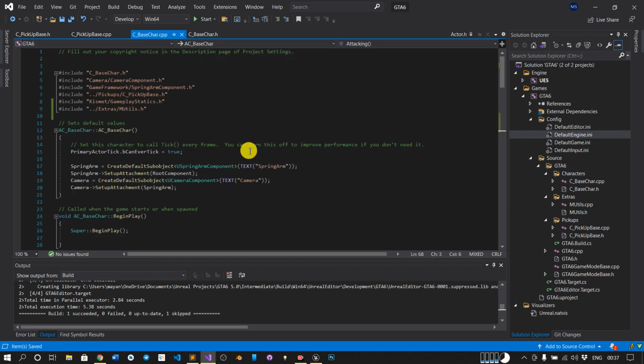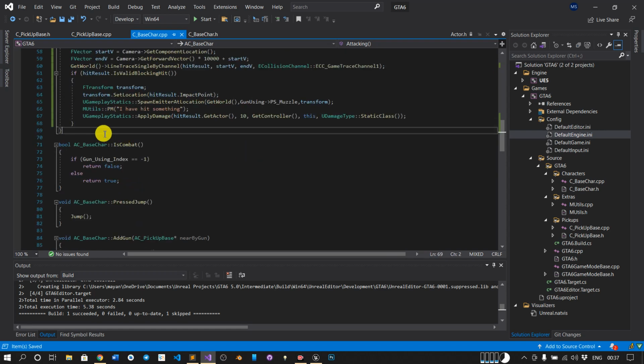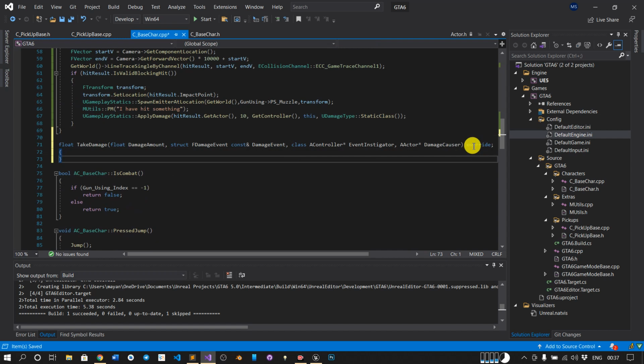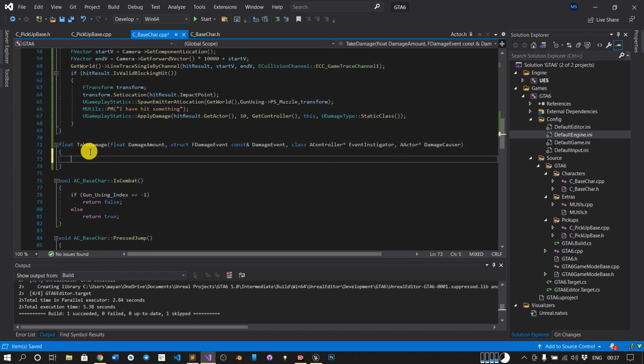So just go back to the CPP and we will write this function here, TakeDamage. Remove the override keyword. Now we are getting the damage because we have overridden that function. And here we will put the log, LogUtils PM: I have got the damage.